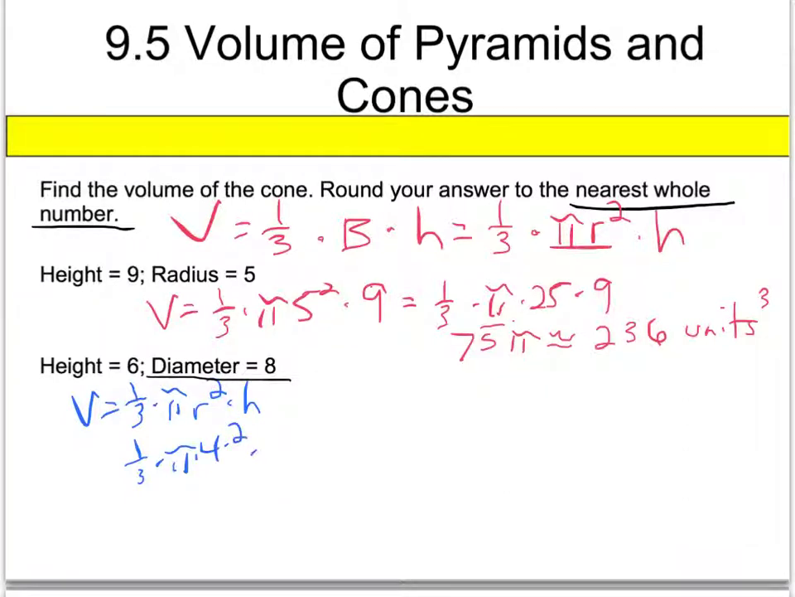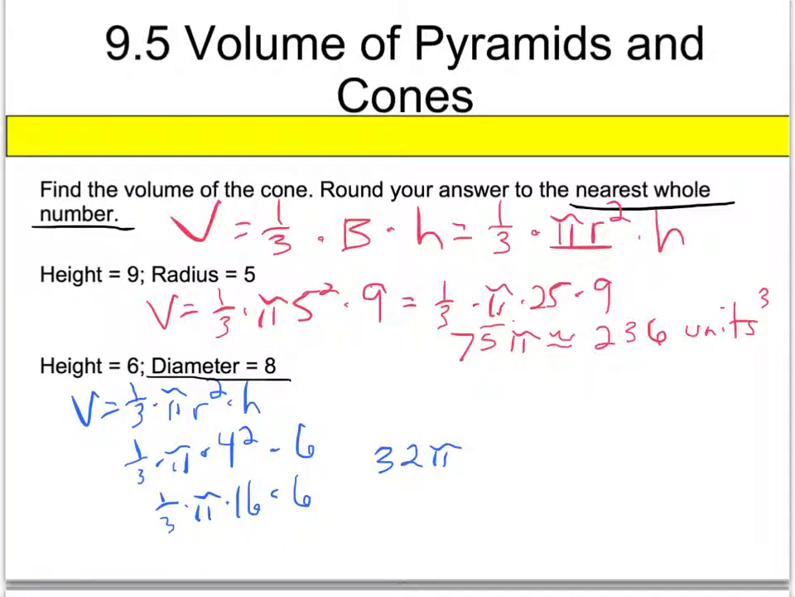Okay, 4 squared, and then you have to multiply that by your height. So you multiply your radius squared times your height of 6. Multiply 4 squared, and you get, what's 4 times 4? It's not 4 times 2, that means 4 times 4, 16 times 6. When we multiply straight across, I'm going to take 16 times 6 divided by 3. When you take that answer, you come up with an answer of 32